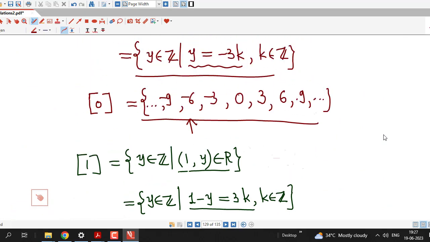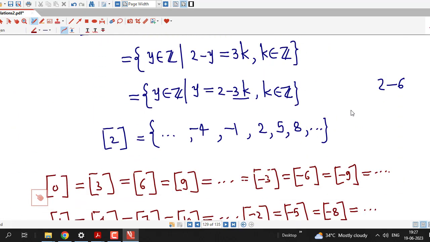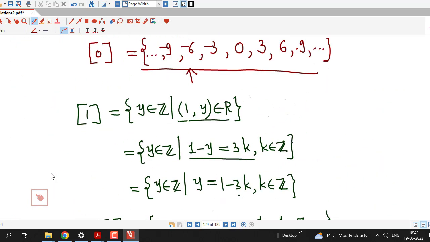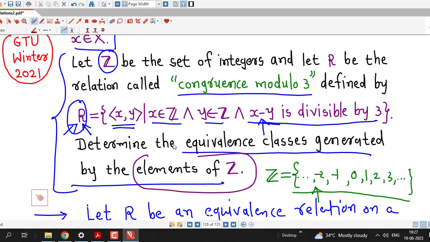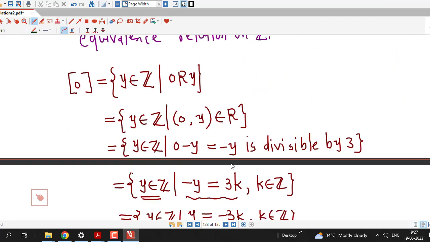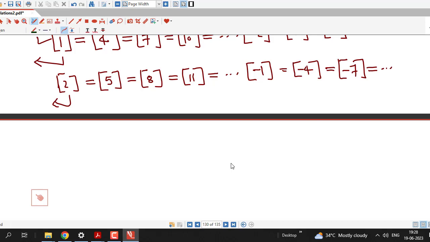We have obtained equivalence classes for 0, 1 and 2, and for the remaining integers the equivalence classes are equal to the equivalence classes generated by 0, 1 or 2. And now this is the final answer. Here we have to just write down the equivalence classes generated by the elements of the set of integers. But we can observe a few things here. If we take the union of all these three equivalence classes